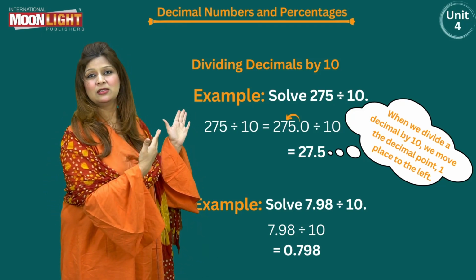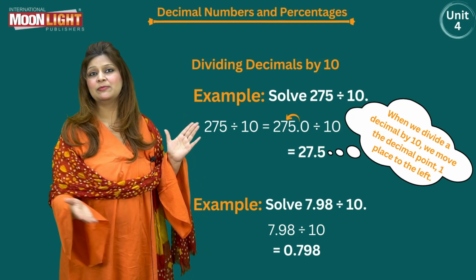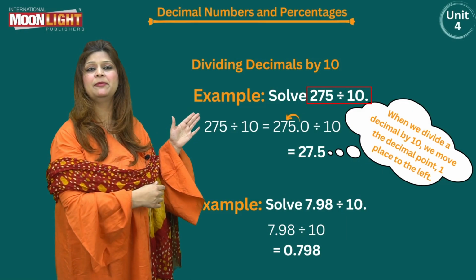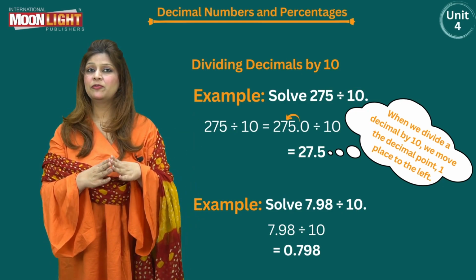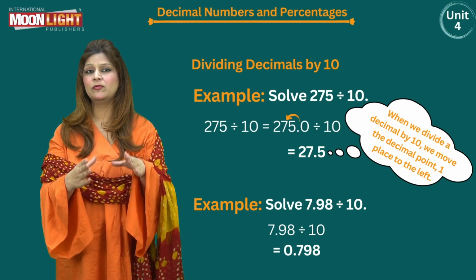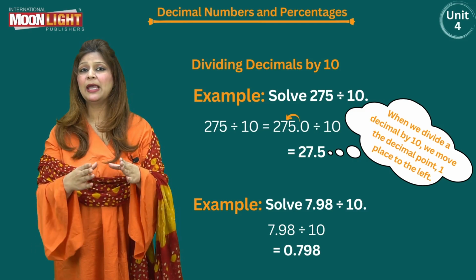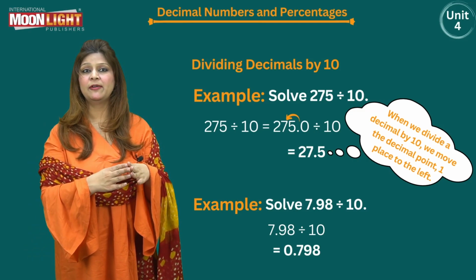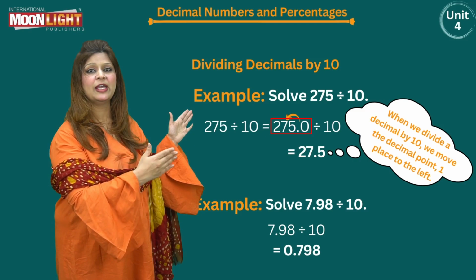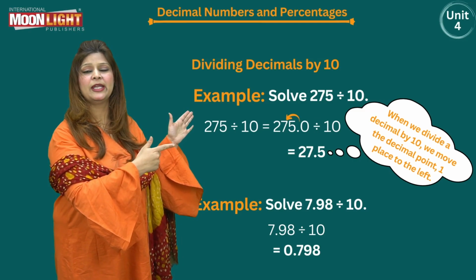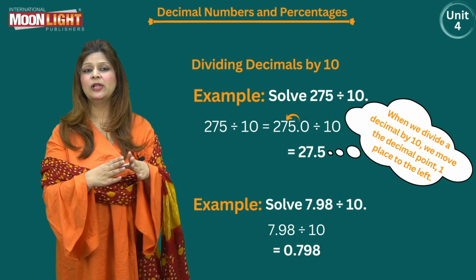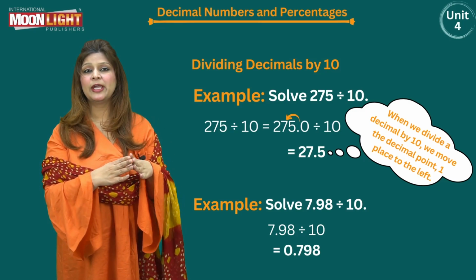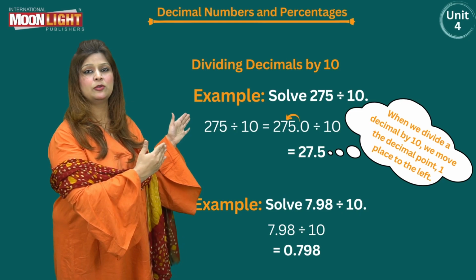Dividing by 10. So dividing the decimal by 10, the example is 275 divided by 10. So here we have a whole number. The first number is a whole number, so I can convert this one into decimals by writing decimal point right after the number 275, dot means decimal point, and 0. So this is how you already know that we change the whole number into decimals. So right now I have written it to say 275.0